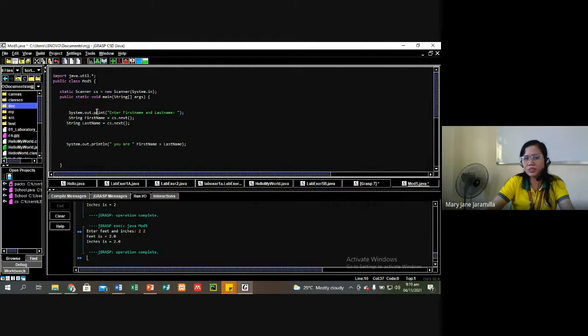So since it is a string, we use next method. So, pagka-enter na ng user natin, yung first name tsaka last name, i-output naman na ng console natin. So, hihilain naman na ng ating console ang value ng first name at last name na binigay ng ating user. So, if we're going to save it and then run it,